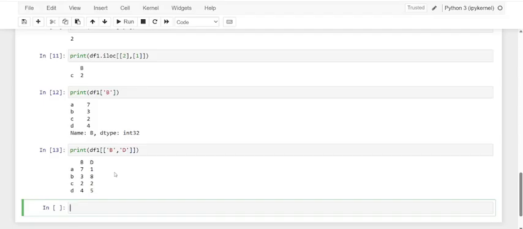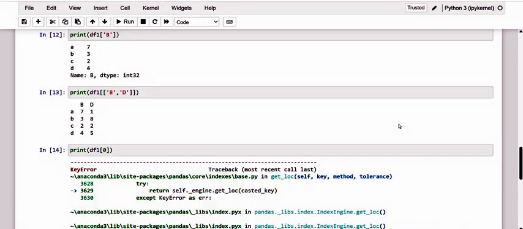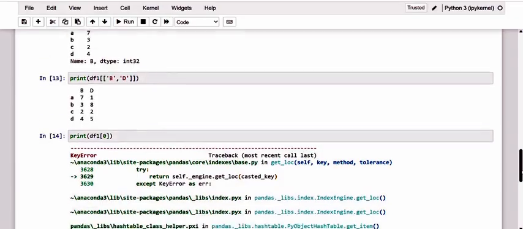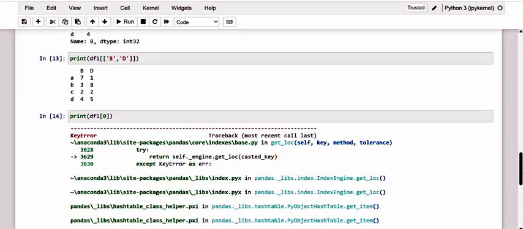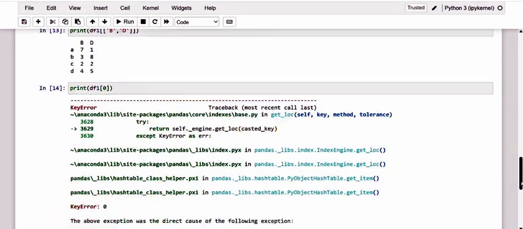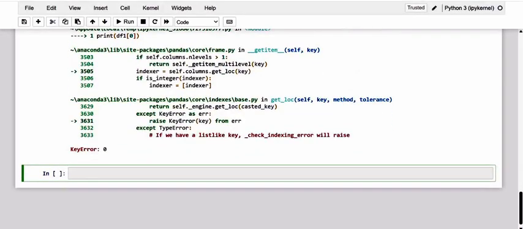And on the other hand, if we pass a numerical value inside the indexing operator in order to obtain the corresponding column, kindly just have a note of what we get. Of course, it is an error. It is an error.